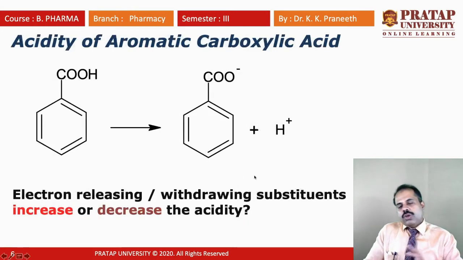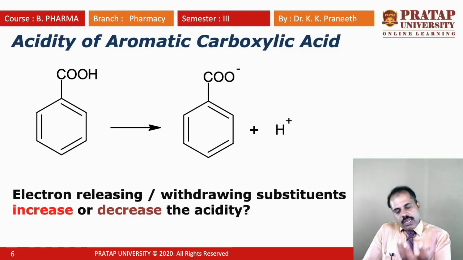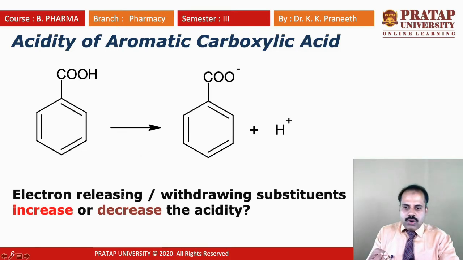So with this, we will move on to see the acidity of carboxylic acids. How can we define acidity? For example, when you take an aromatic acid and dissolve it in water, it will dissociate and release a proton, right? And then you also get a carboxylate, so benzoate. This is benzoic acid, and you will get COO minus and H plus. According to the acid definition, an acid releases a proton, right?